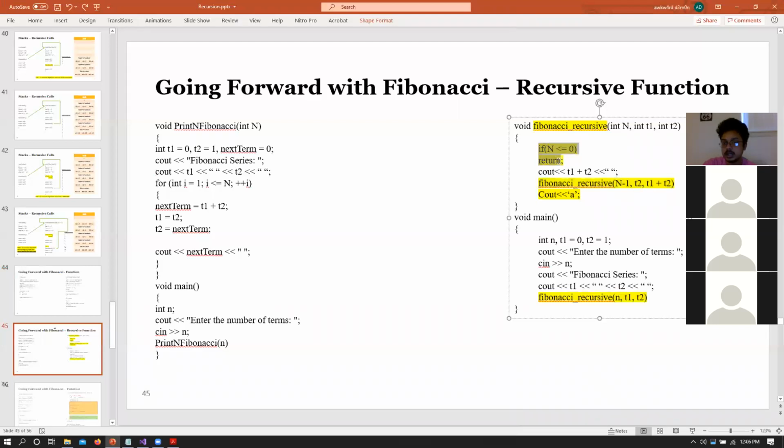The moment you reach n equals 0, that means that you have printed out n numbers and n has become 0 at this point. So here you have your base case that keeps on returning, and you also have the case where we are inching closer towards our base case, because each time we are calling this function again with n minus 1. So if we call it with 5, it gets called with 4, then 3, 2, 1, and so on.